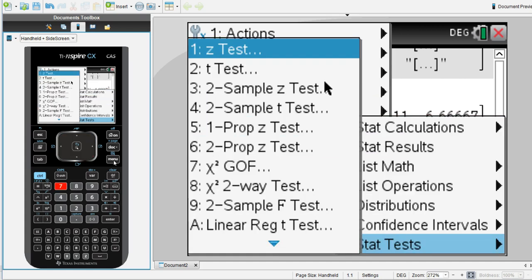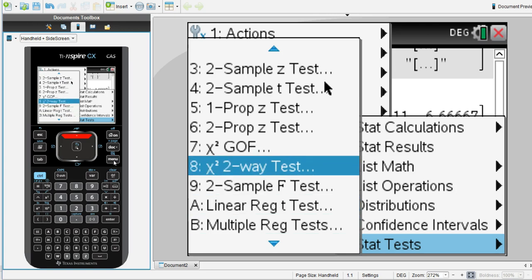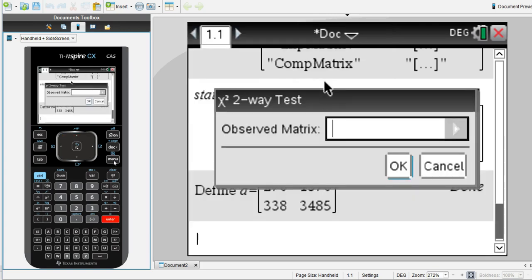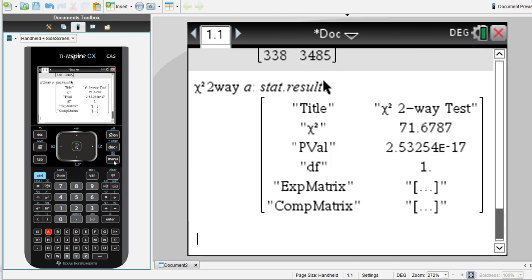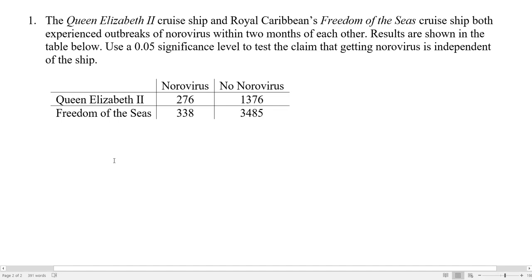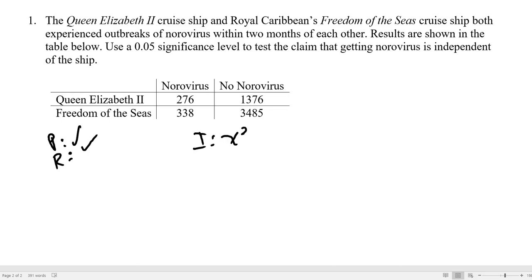Statistics, tests, chi-squared, two-way. Observed was in A. What do we need to write here? We need our hypotheses. Obviously, they're still going to have P, R, T, so check those out. We are running a chi-squared two-way test. What do we have? We have hypotheses,